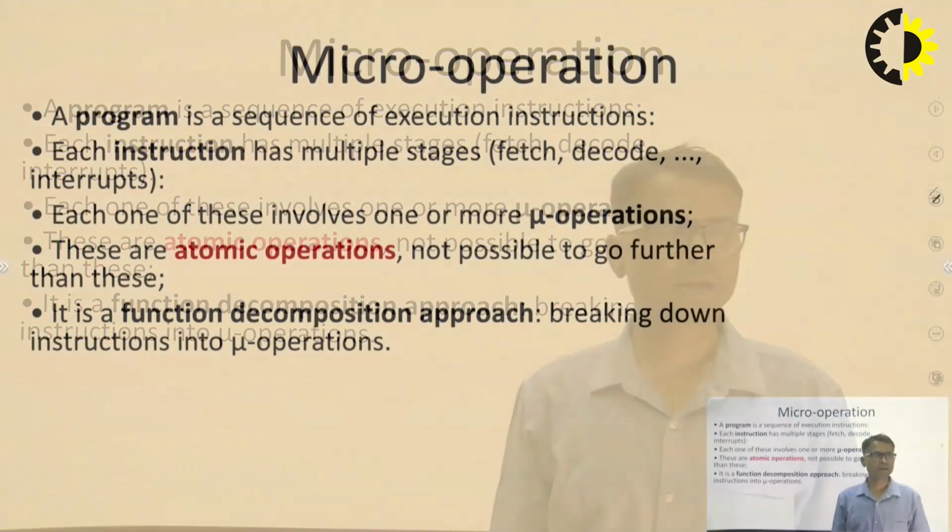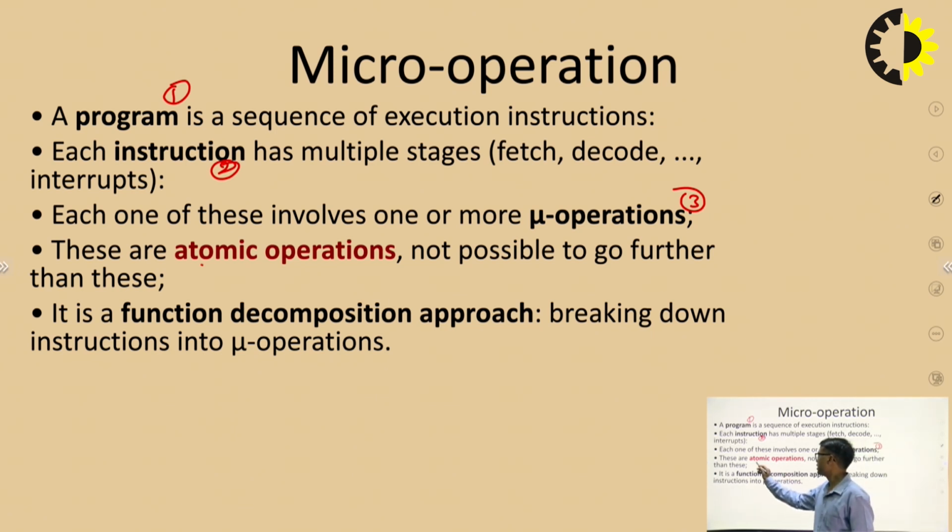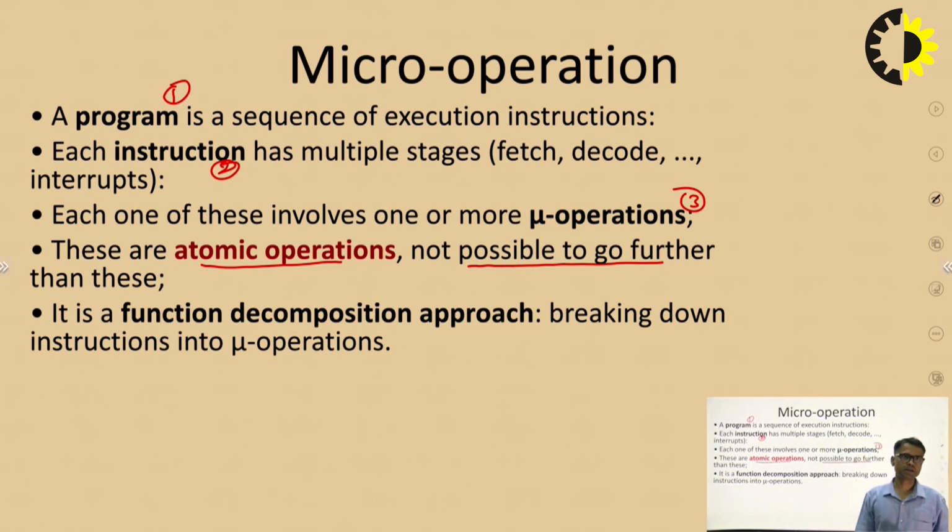Now we know that we write programs, and every program has certain instructions. Now these instructions involve many micro operations. Okay, and the characteristic of this micro operation is that it is atomic in nature. That's why it is called an atomic operation. So if it is an atomic operation, there is no possibility to divide this further. So that is the smallest